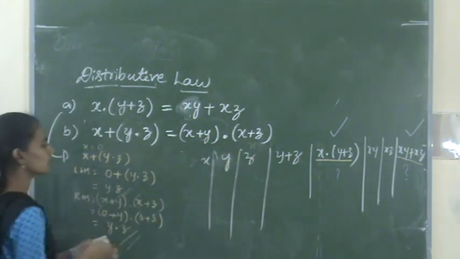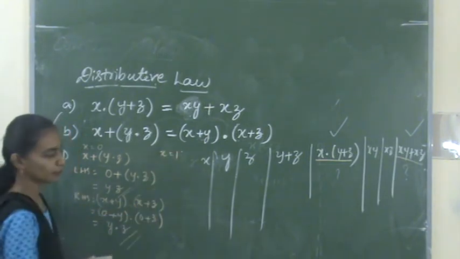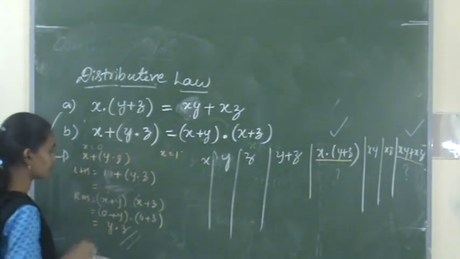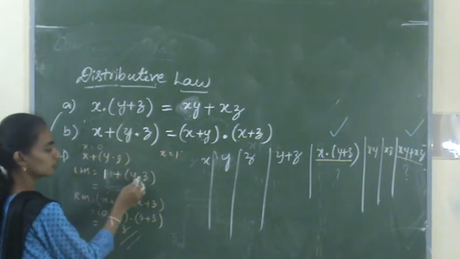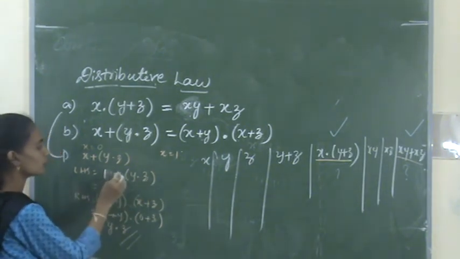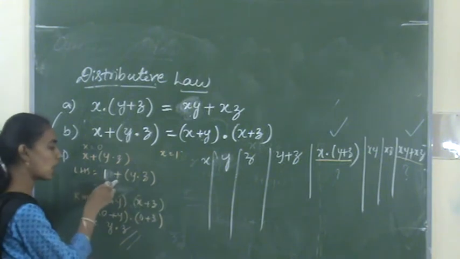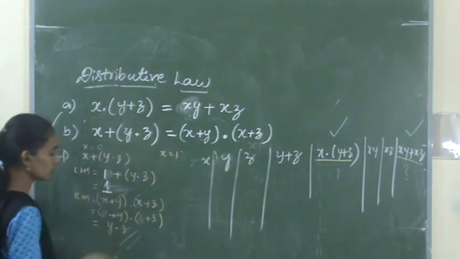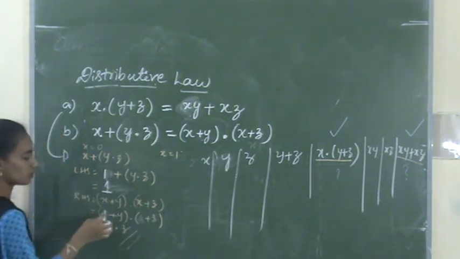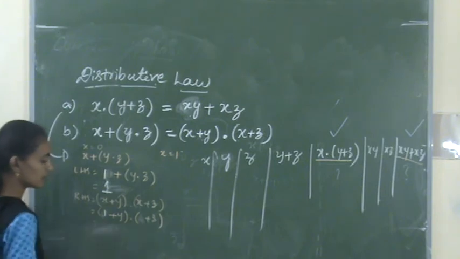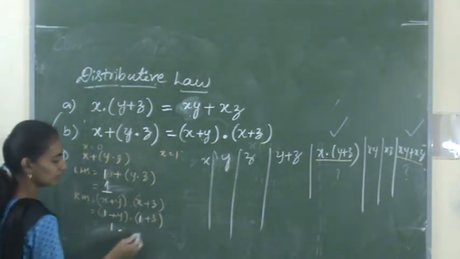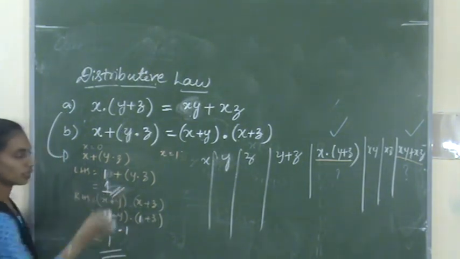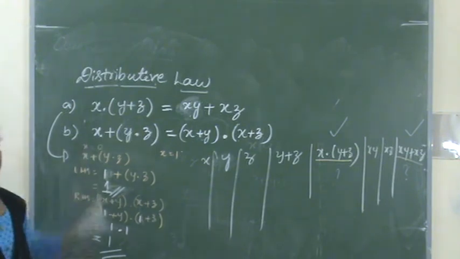So both are equal, hence we can prove this x plus yz is equal to x plus y into x plus z. Same way, if we are providing x value as 1, so 1 plus y plus z, if you are performing any operation with the OR, we get result as 1 itself. So x value is 1, so 1 plus y is 1 itself, into 1 plus z is 1 only. So 1 into 1 is 1. So we get both LHS and RHS are same. So likewise we can prove this theorem.